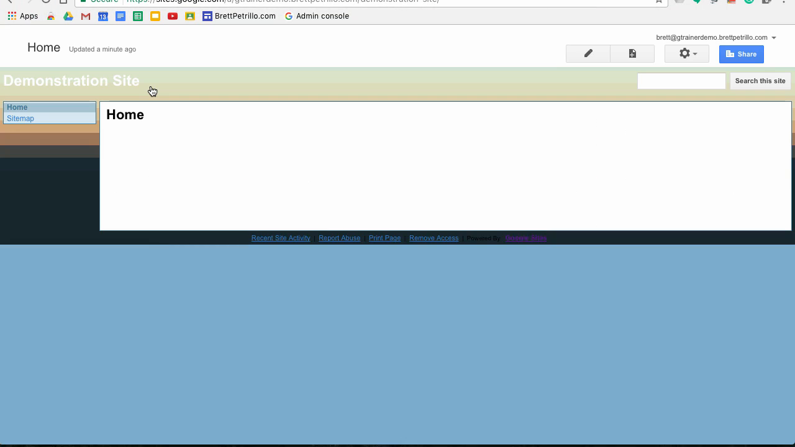Now you can see that it has taken me into the preview screen of my new demonstration site. And you can see that this background color is the way it is because of the theme that I chose. Now, word of caution here, the classic sites is not the most user-friendly. It's not the easiest to navigate or to sort out, but it is important to know where certain things are,